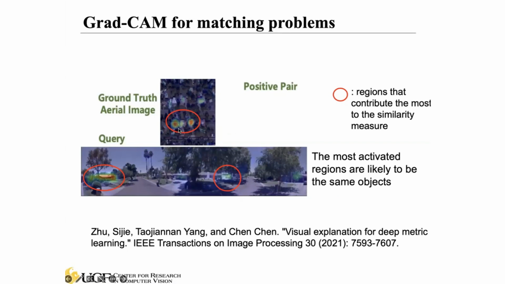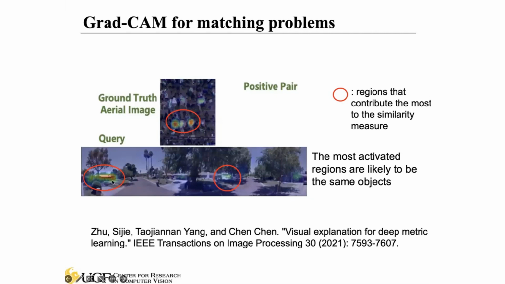And then we can explain, right? If we look at this example, the model says this is the top ranked image, and using our developed approach we can explain why this is the case. We can visualize what region contributes the most to the similarity measure. Say the network predicts a similarity measure of 0.8. We can see what region contributes the most to this 0.8 similarity.